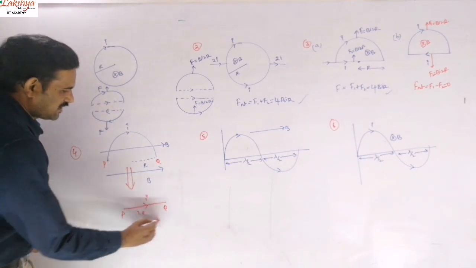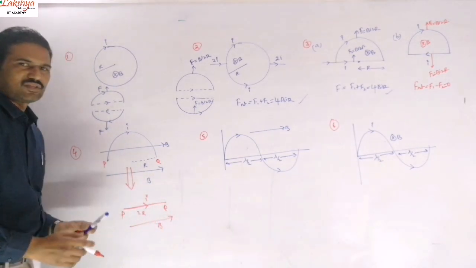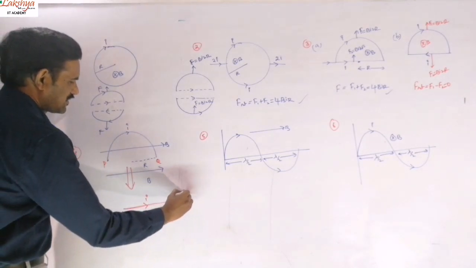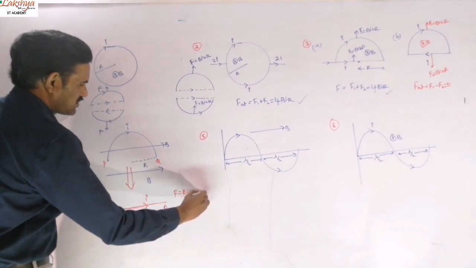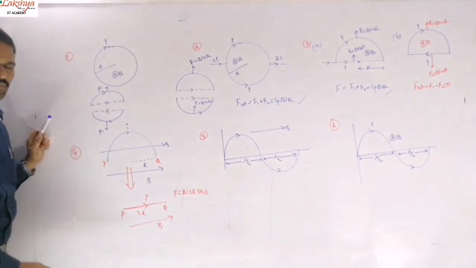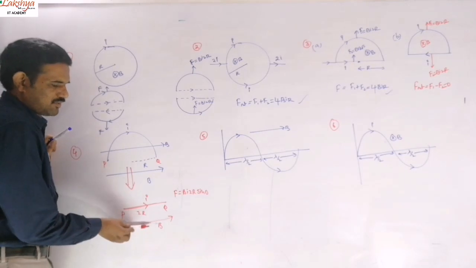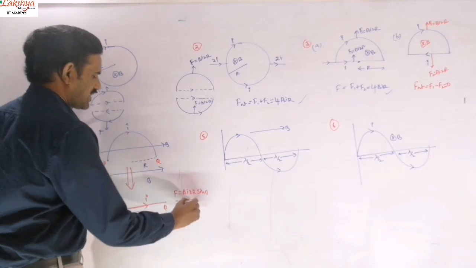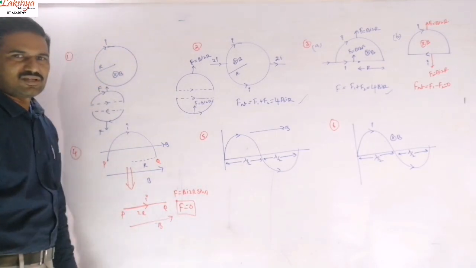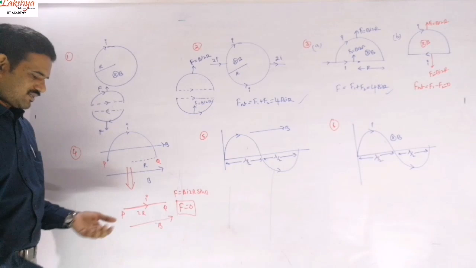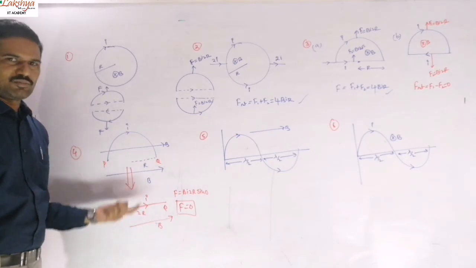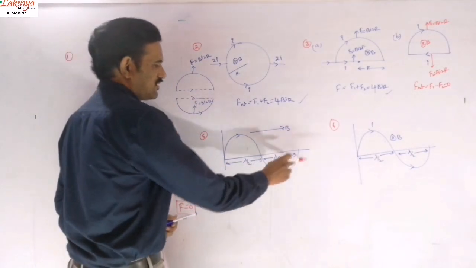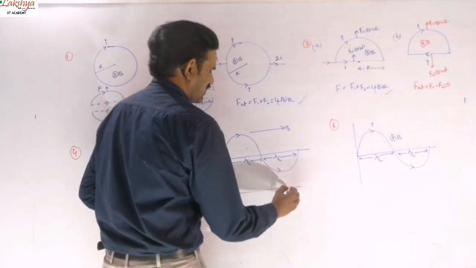It is carrying current I and this length is 2R. And now here the magnetic field is also in the same direction, right? So the force acting on this conductor we can write as Bi into 2R into sine 0, because the angle between the L bar and B bar, both are in the same direction. So the force acting in this case will be 0, right? Because both are parallel.